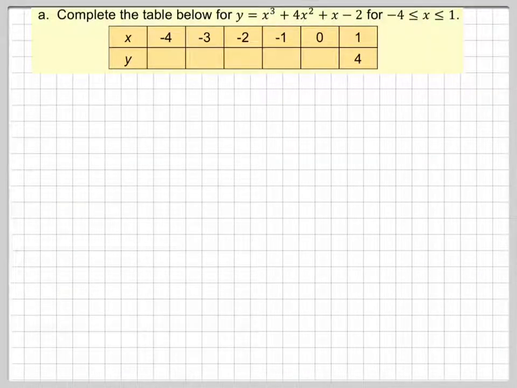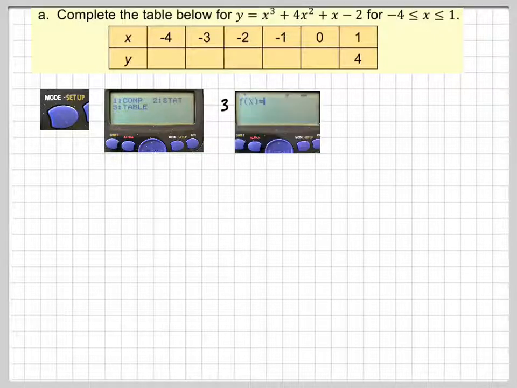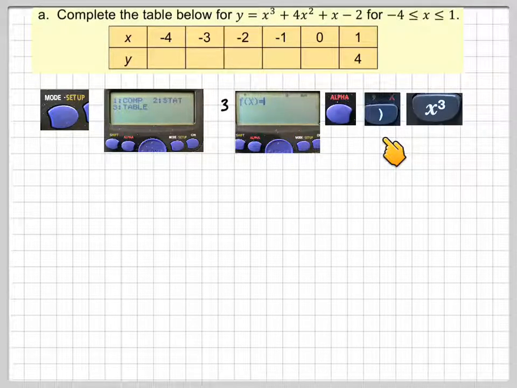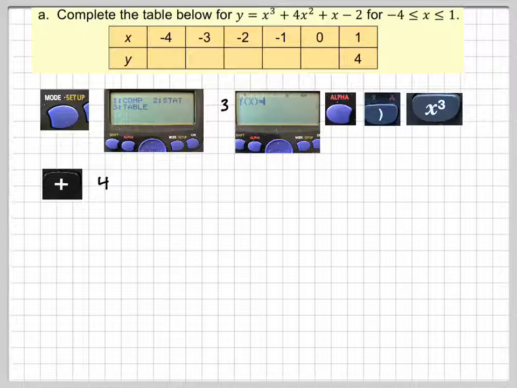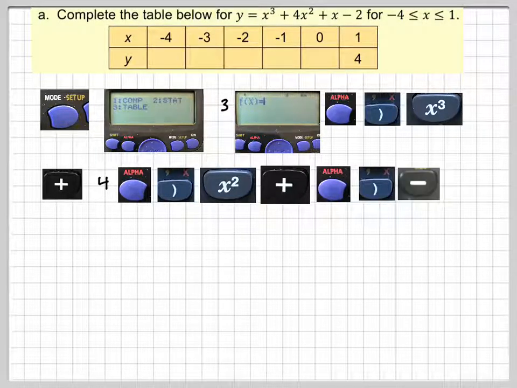So first of all, setting up the table, so a mode on the calculator, and then we're going to need the table function that's going to be number 3. Then this will come up, f of x is equal to, and then we need to do alpha x cubed, the x is the red button above the bracket sign here, plus 4 alpha x squared, plus alpha x minus 2,